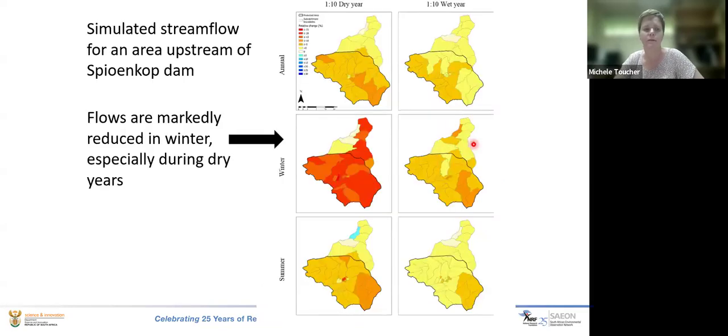We then looked at modeling this to see how it would expand out into the catchments, moving down from Cathedral Peak towards Spierenkop Dam, which is lower in the catchments. And what we found is that during the winter period, there's a very marked influence on the stream flow and not a great influence during the summer months. This is particularly evident in the dry years. On an average year in summer, you wouldn't see much difference, whereas in a dry year, you do see a change in the stream flow, and the Leucocidia are having an impact by transpiring more water and leaving less water available for stream flow.